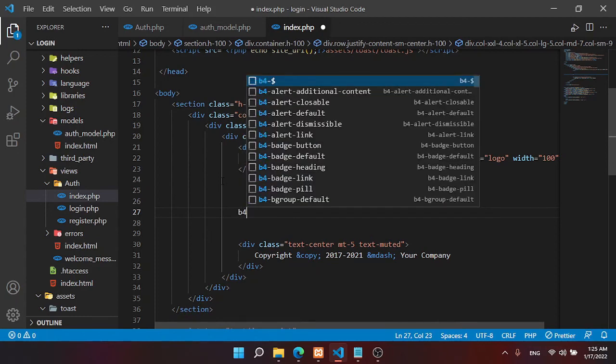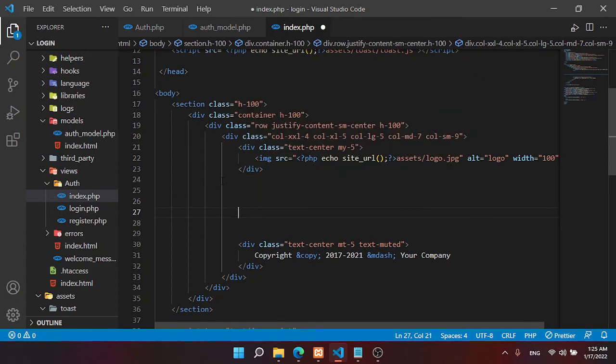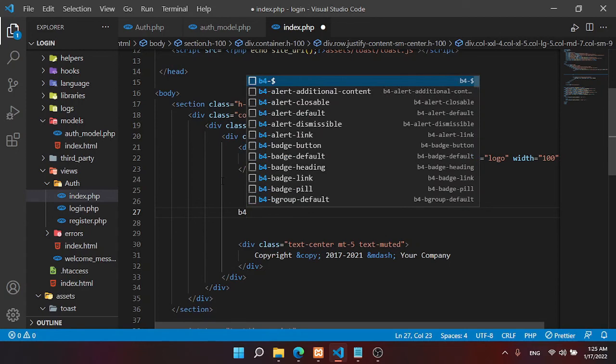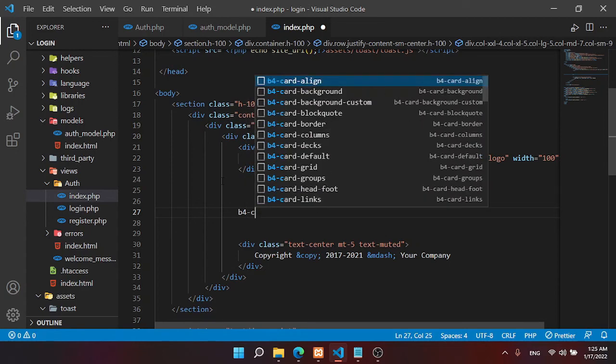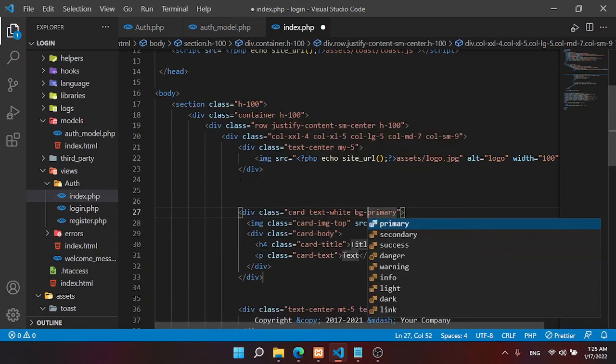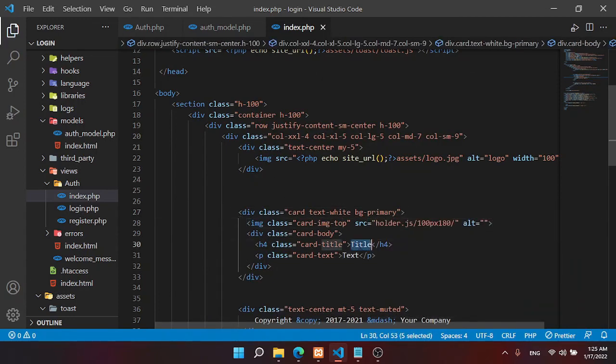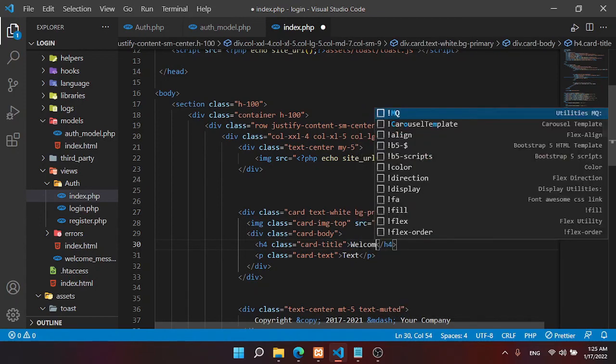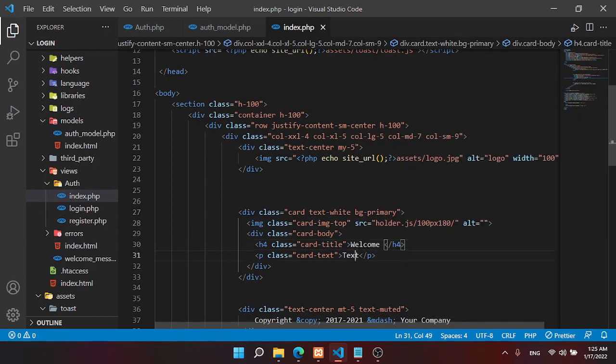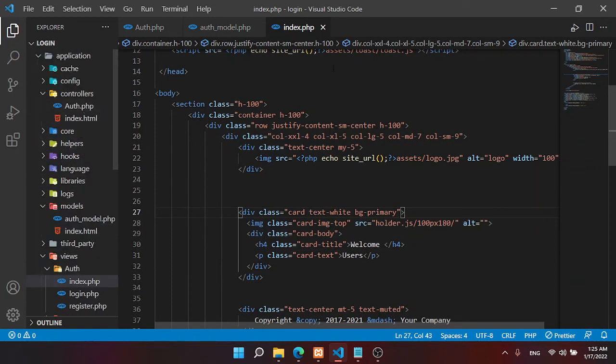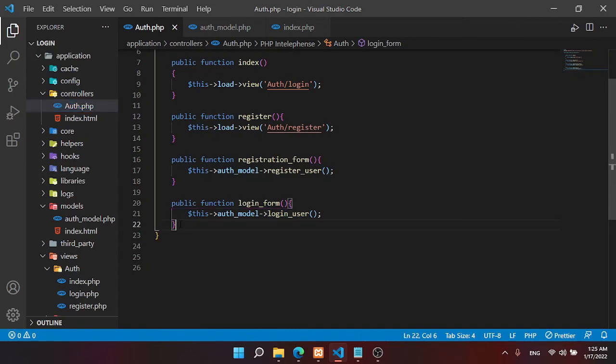Then before, and if there is a card, welcome user. Okay, so I'm going to go to auth, and we have to create a